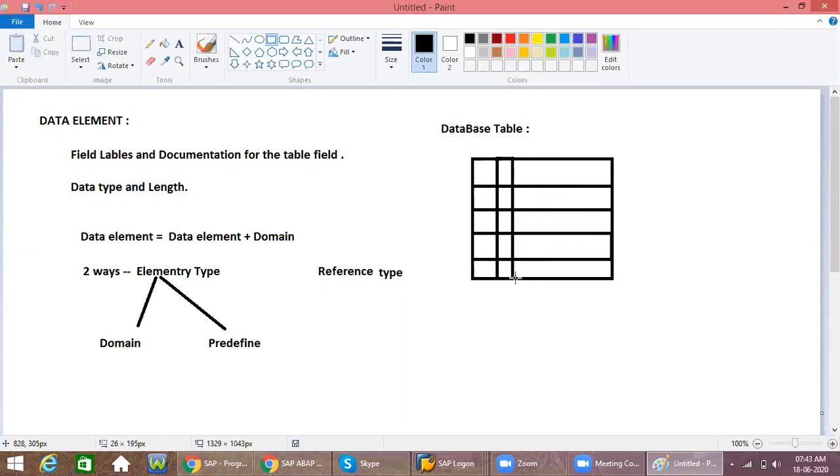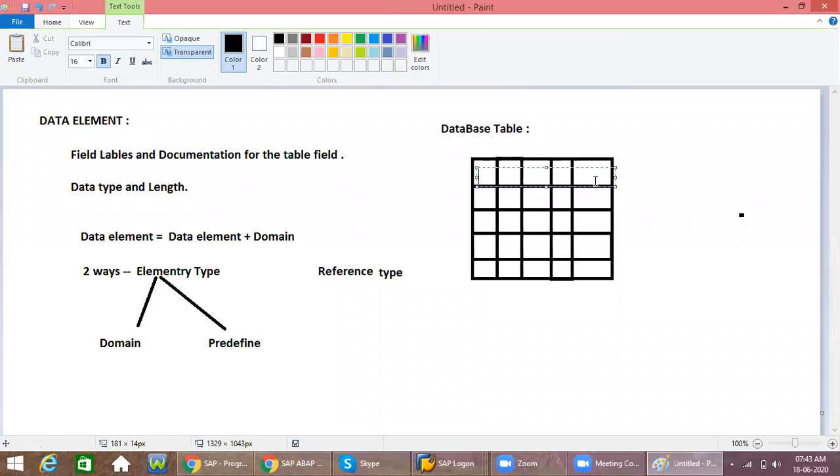Like, it will save into the database as rows and columns with the values.